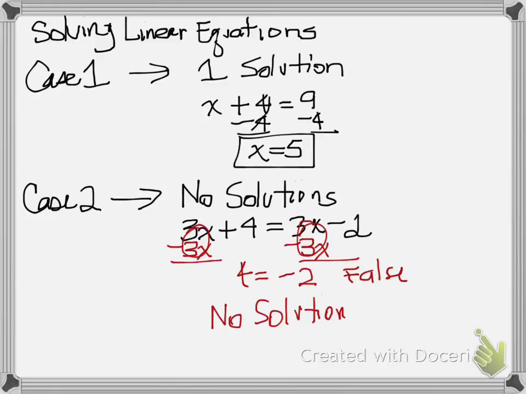So case 3, the title of this said, I either get one solution, no solution, or infinitely many solutions. So that's the next case. Case 3, what does it look like for me to get infinitely many solutions? So for case 3,